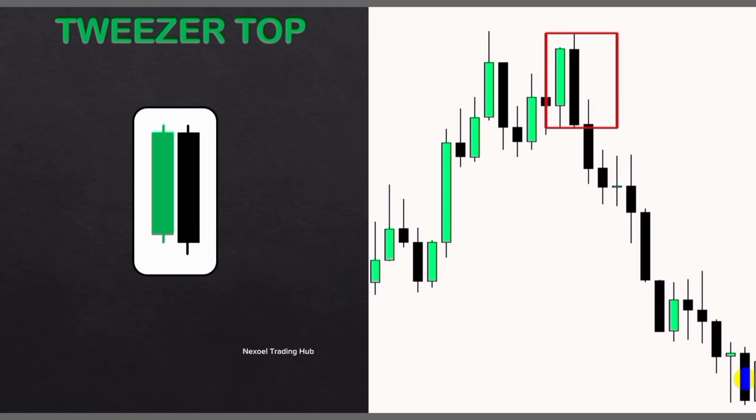So this is all you have to know about candlestick patterns. I would still say this, guys, that you do not need to cram the names. What you need to understand is the